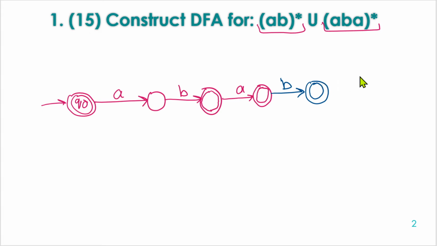So here AB is repeated, but if we get an A, we have to move to a separate path, and this state cannot be the final state because A is not acceptable. We need BA followed by this A for the string to be accepted. So this state is not the final state. Now, after we have differentiated the paths, this path is going for pattern 1, and this path is going for pattern 2.